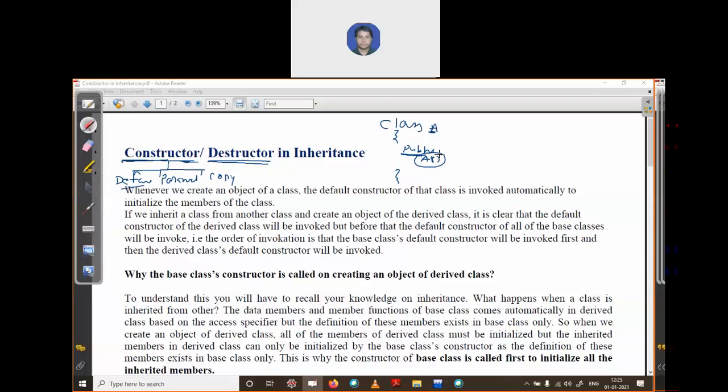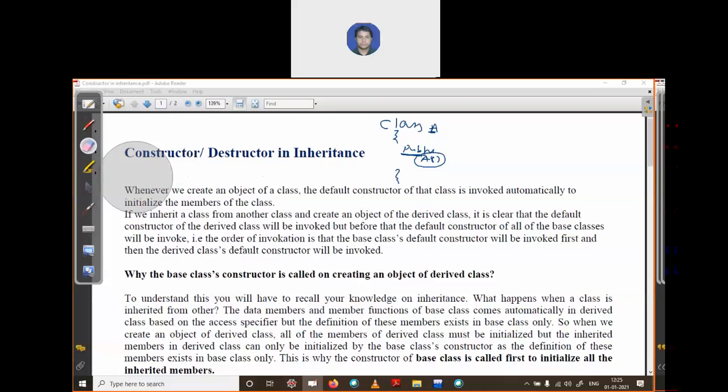When you pass some parameter to a constructor, it is called a parameterized constructor. So what is a destructor? A destructor is executed at the end of your scope, and it deletes all the memory which is allocated to your class. It is a kind of destroyer. It destroys all the memory allocation of your class. So this concept we have discussed.